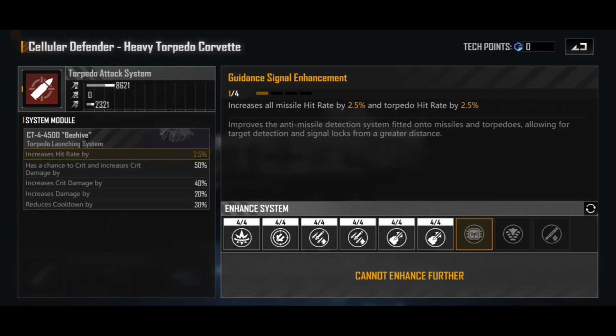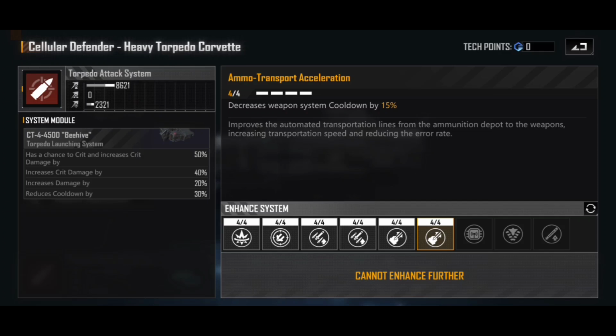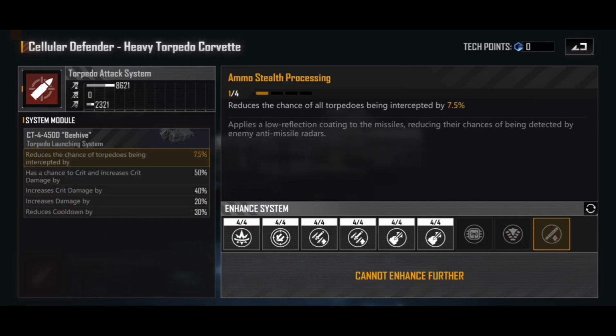You can go for missile hit rate and torpedo hit rate here as well. We've got these here. Those are both possible things that you can use. Honestly though, I don't really seem to have any problems, because obviously you're going up against large targets for the most part anyway. You seem to hit pretty well. I haven't thoroughly tested, but ultimately I'm not sure whether the weapon system cooldown reduction of 15% is going to be better than the large target correction here, or that stealth processing, but for the most part, well, you've seen